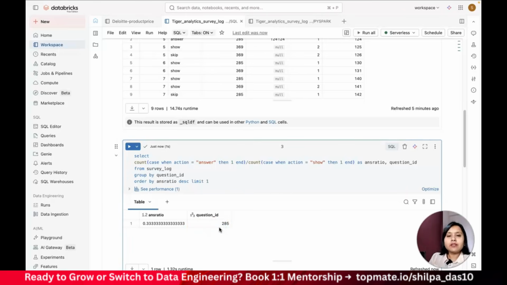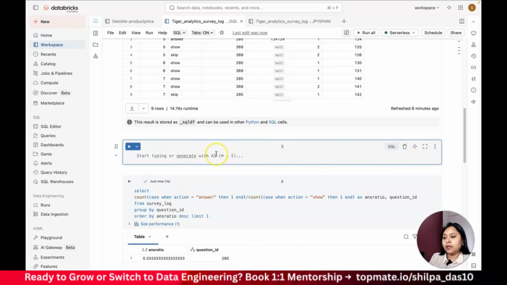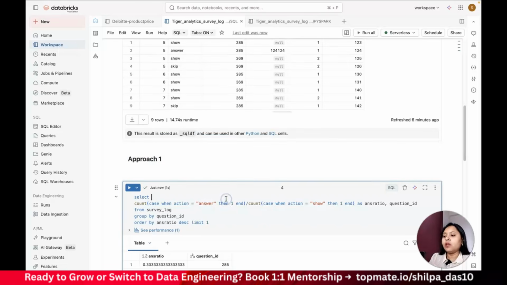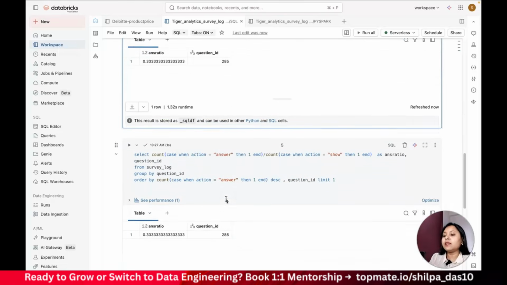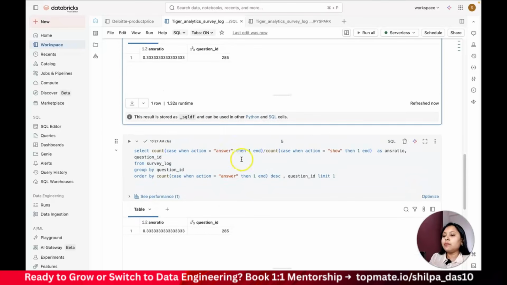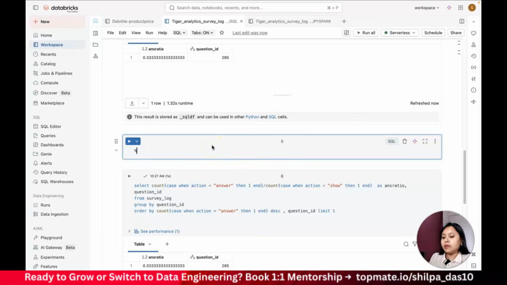Now you understand how you can solve this problem. There were 3 pieces of it and we did it. This was approach 1. I'll write it here. This is approach 1. What is my approach 2? There is another approach that we can go ahead and solve. So for that, approach 2, let me write here